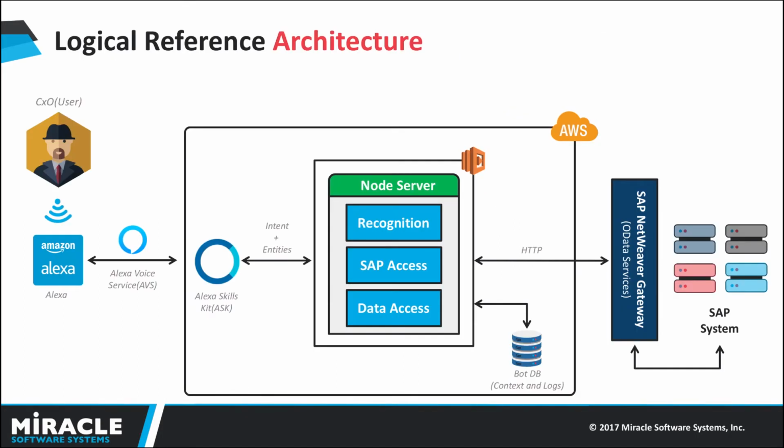Let me explain the logical architecture for this solution. Starting from your left to right, I have an end user who will issue the voice commands and receive the voice responses through Amazon Alexa. Now all the voice commands that are issued by the user will be processed by Alexa Skills Kit hosted in AWS Cloud. The Alexa Skills Kit processes this voice data and extracts the intent and entity and feeds it to